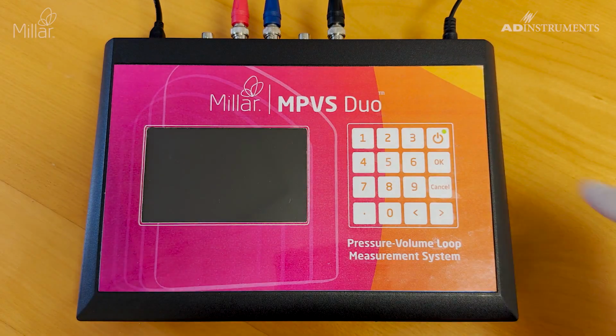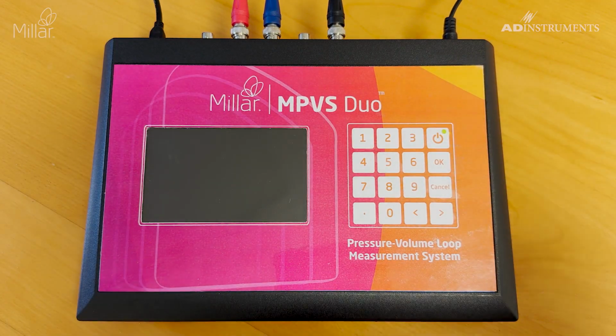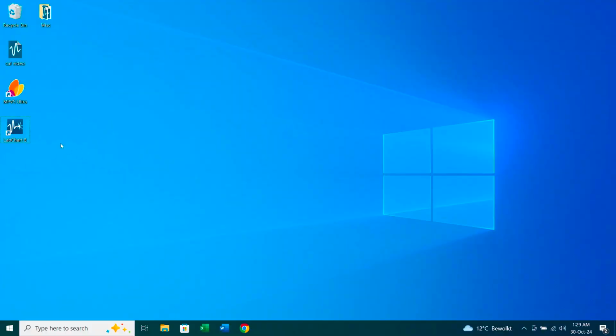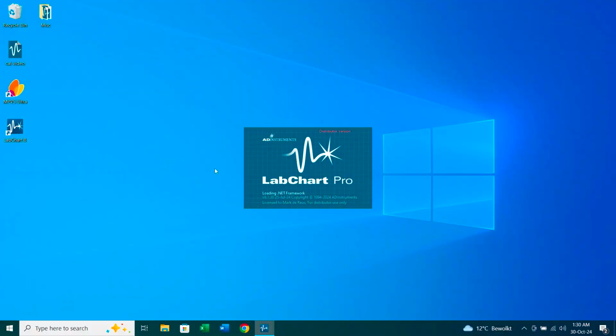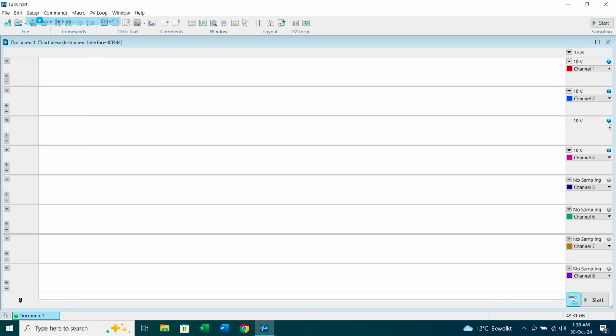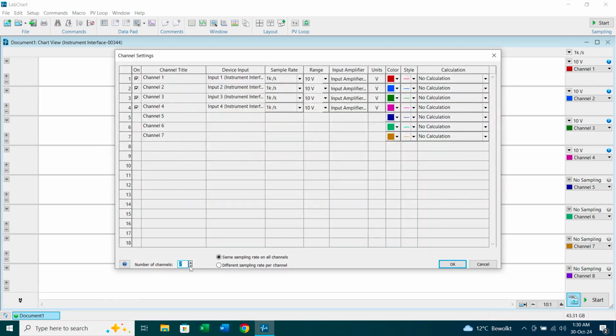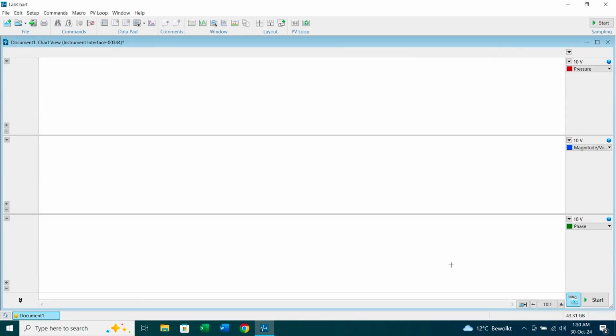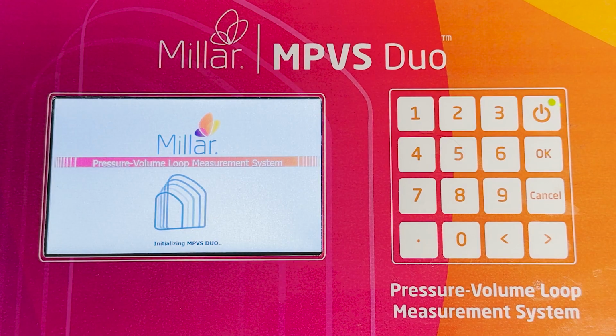Switch on the MPVS Duo by pressing on the button on the MPVS Duo keypad. Start LabChart. Close the Welcome Center, click on Setup and then Channel Settings. Reduce the number of channels to 3 and name Channel 1 Pressure, Channel 2 Magnitude/Volume, Channel 3 Phase, and then click on OK. Once the MPVS Duo has initialized